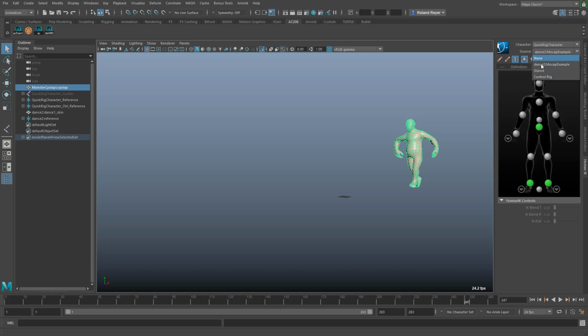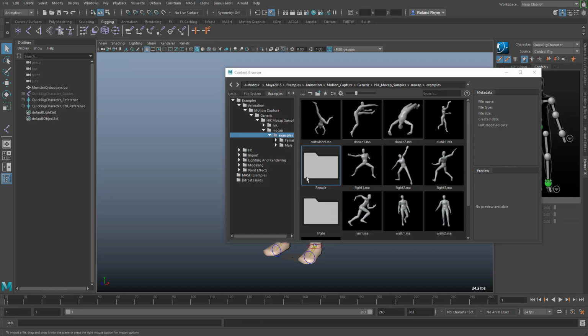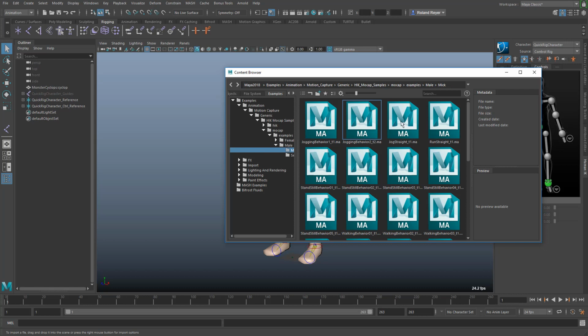But what happens if your animated skeleton doesn't show up here? You have to characterize it yourself, and that works like this. I've loaded the character again, the initial skeleton or the quick rig that I've built, and I will open the content browser again and go into the mail folder. There are 2 folders in there, and there we have some jogging motion, some running motion, and all kinds of different behaviors. So let me get some jogging